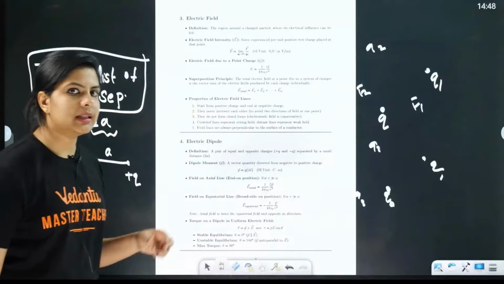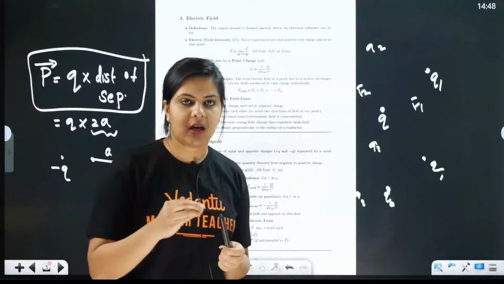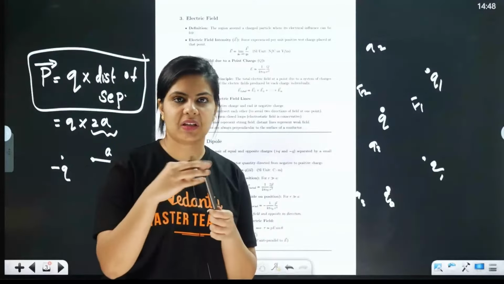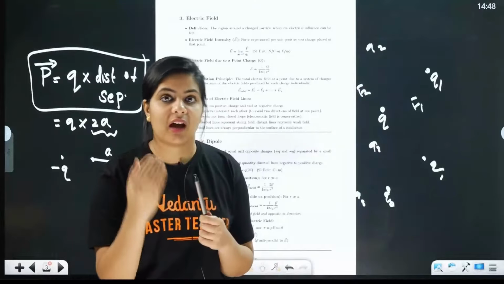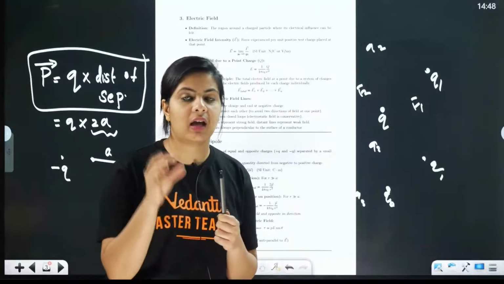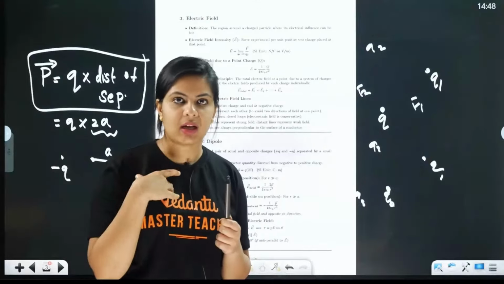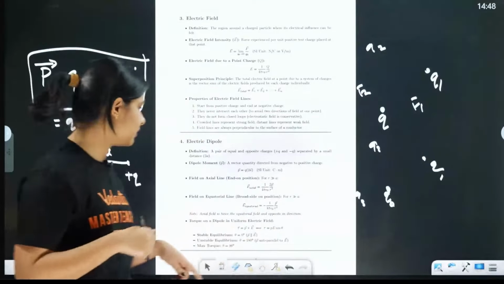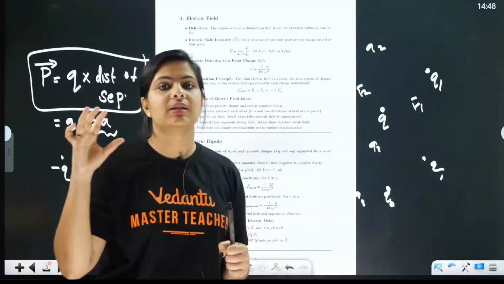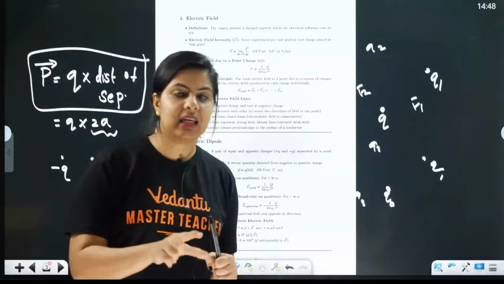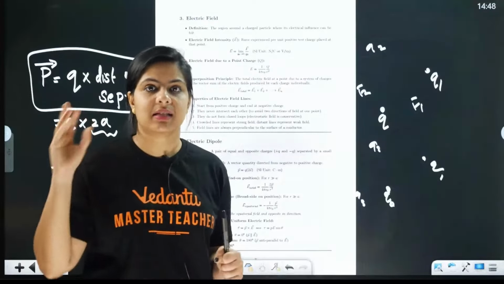Okay, next, I'm just placing this dipole in a uniform electric field. Then there will be a force experienced at each end, which is QE, but that cancels out. But we have the torque. And what is the equation of the torque? Force into the perpendicular distance. So now the force is QE, we know it, and the perpendicular distance is 2l sin theta. Whenever we substitute it, we will get the torque as P cross E. P is the dipole moment, E is the electric field.